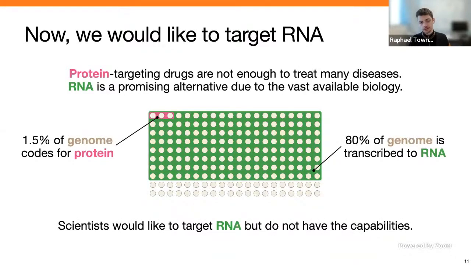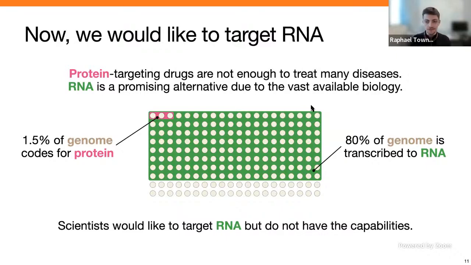Now, I've been talking about proteins for a fair bit. And if you look at most drugs on the market today, like 99% of them target proteins at the end of the day. What's very interesting, though, is that there's this vast amount of RNA biology out there that we're only beginning to scratch the surface of. A crazy stat is that if you look at the human genome overall, about 1.5% of the genome becomes protein at one point or the other, but about 80% of it becomes RNA. And so there's this vast world of RNA we'd love to go after to cure a number of diseases, but we often do not have the capabilities to do so.